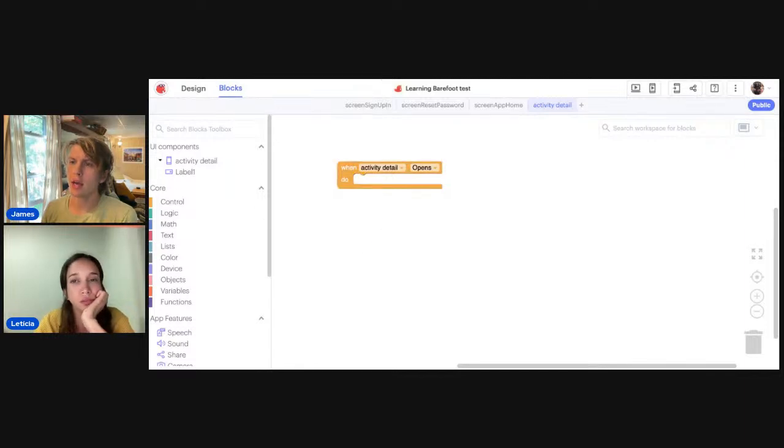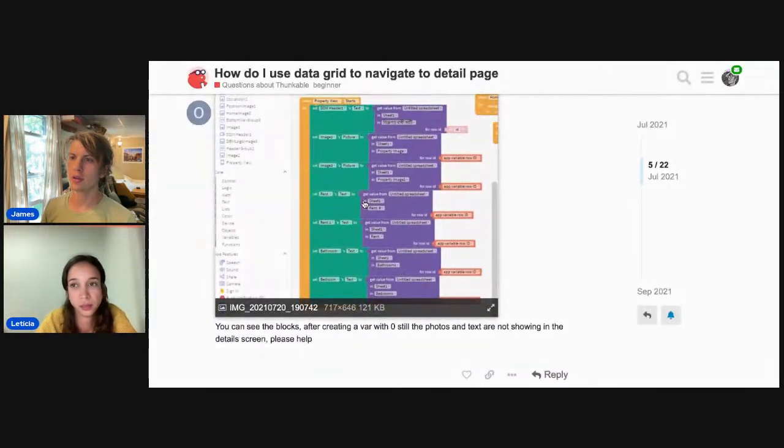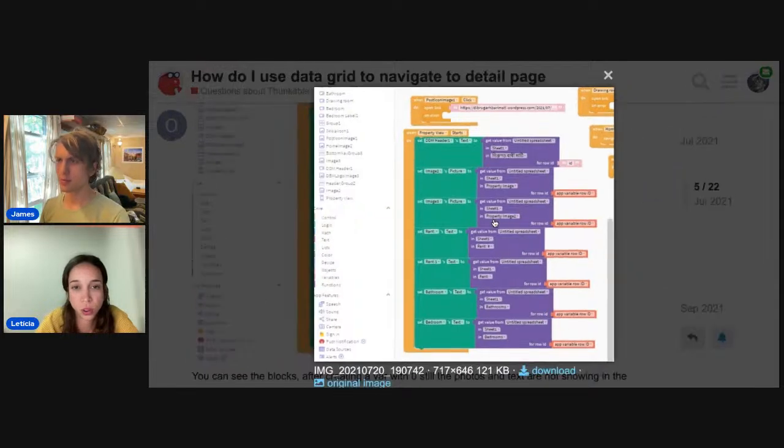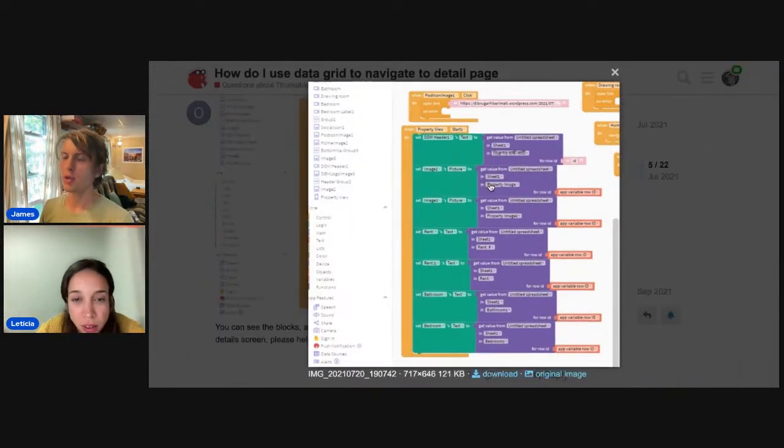I think in this example they actually used starts instead of opens. Don't ask me right now what the difference is between those two. We don't need to know now as long as it works. Then let's look back at this example here. Basically, oh, so many things, but that's because they have many different values. But for one value,